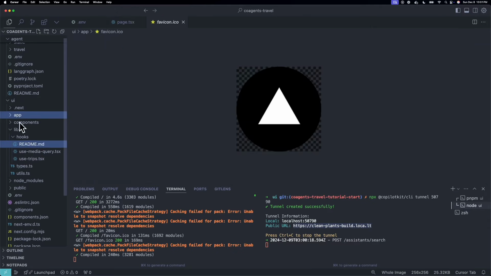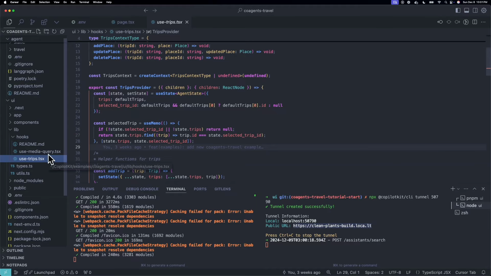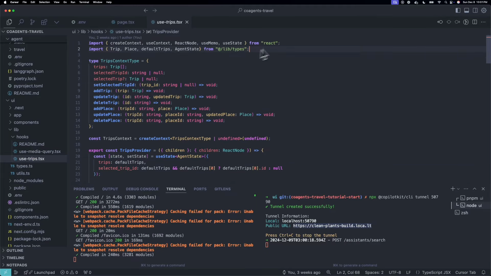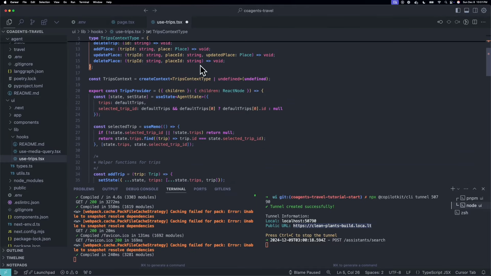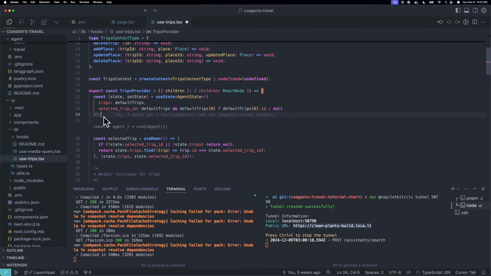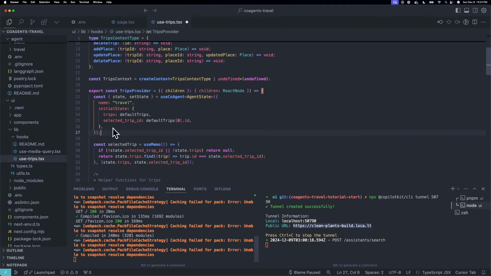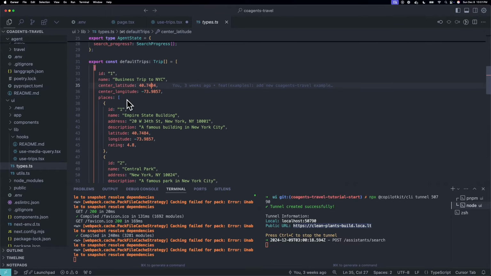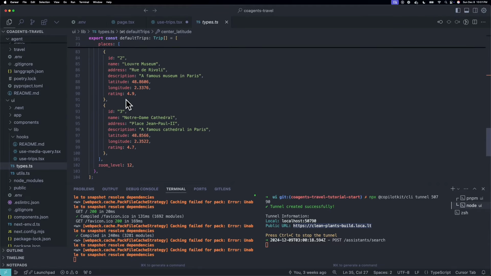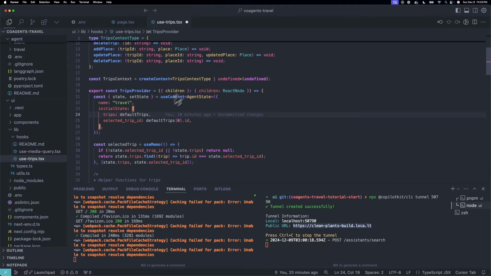We're going to go back to our useTrips hook, and we're going to use a hook called useCoAgent. So let's go ahead and import that. What this is going to let us do is create shared state between our React UI and our agent. So we're going to put in some code here and talk about it. First off, we define the agent that we want to use, which is travel. This is a bit superfluous, but I just want to show you. Then we can set our initial state. In this case, our initial state is some default trips, which is the same as before. Once we go ahead and save this,